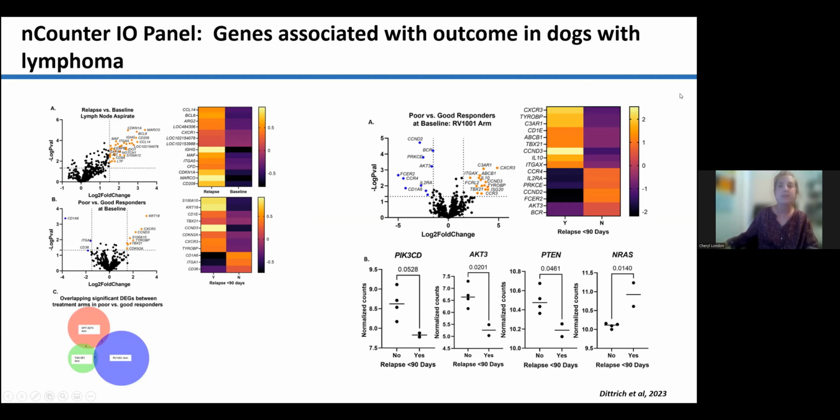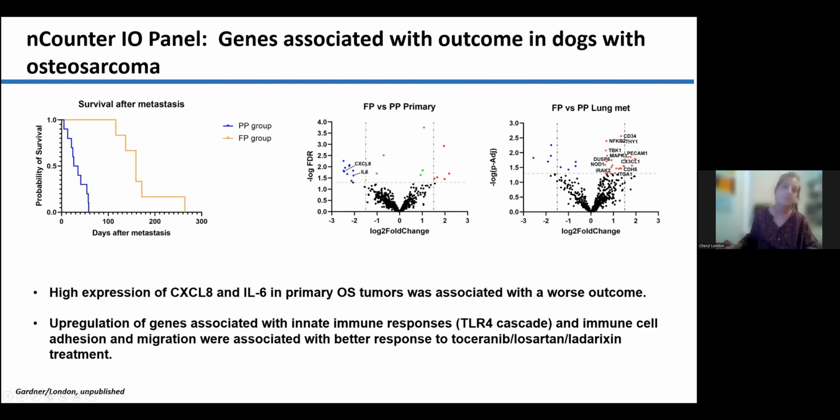When we did a deep dive into specific cohorts in this clinical trial, again, you can discern those that did well versus didn't do well in this specific cohort using the canine IO panel, and then confirm differences in gene expression that we identified in the IO panel using real-time PCR. So this has been a really useful tool. In particular, for this immuno-oncology study, it was able to identify which patients would likely benefit from this specific immunotherapy.